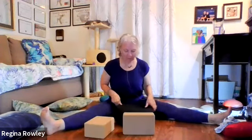Now, if you'd rather not take the fold, that's fine. You can stay up seated in the seated posture. Make sure your pelvis is tipping forward. Maybe take that little support under the edge of your sitting bones. Me, I am coming into this fold. Create a little lift or